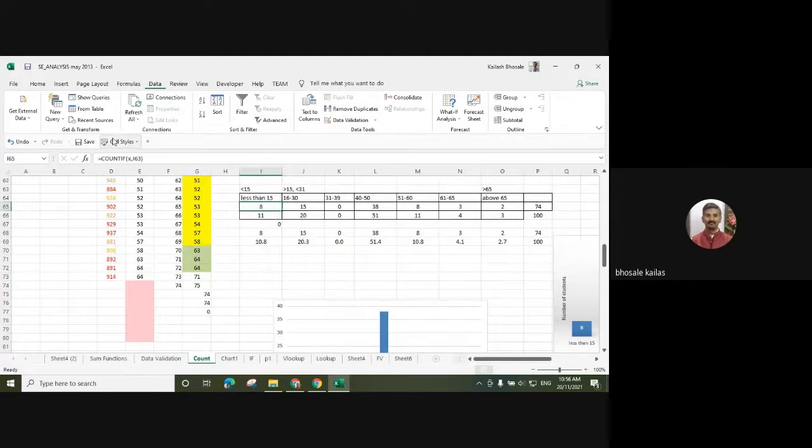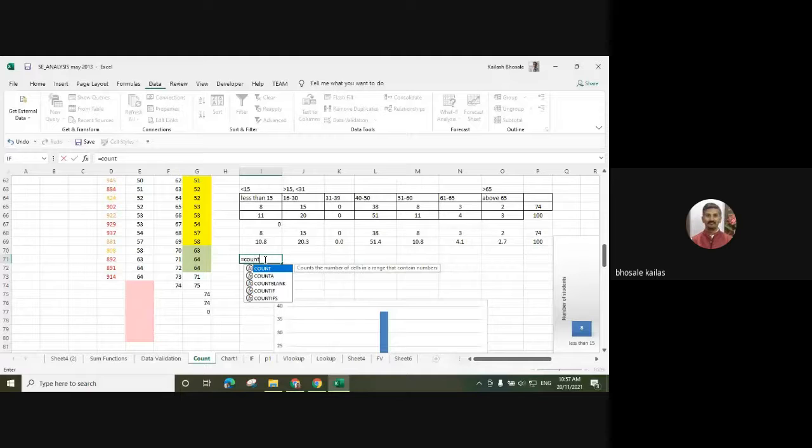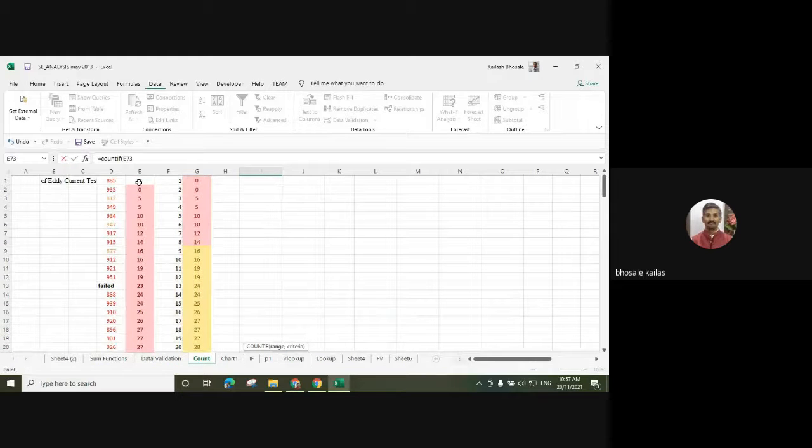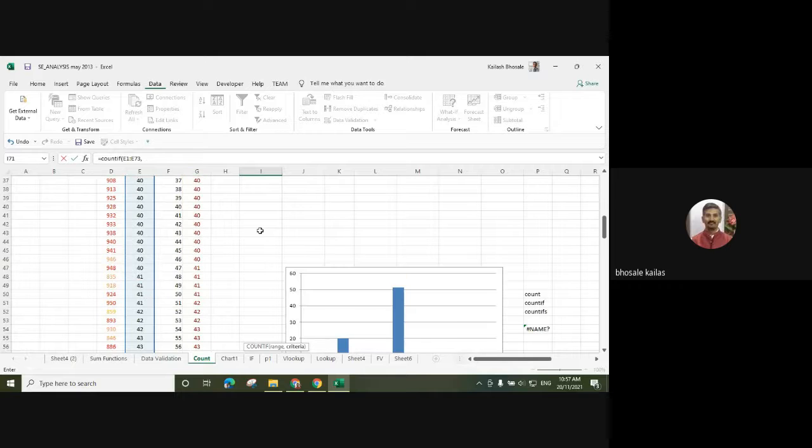I want to use the COUNTIF function. Select the range, then comma, and then what is the criteria?